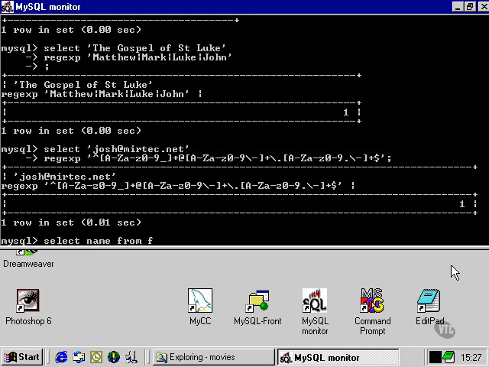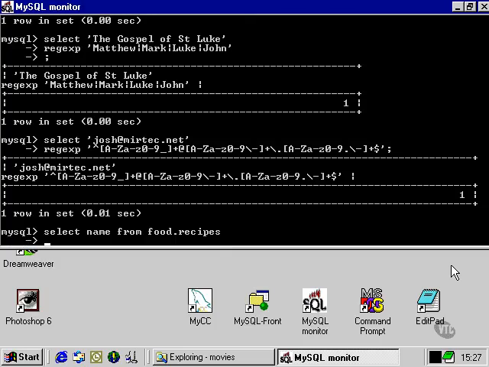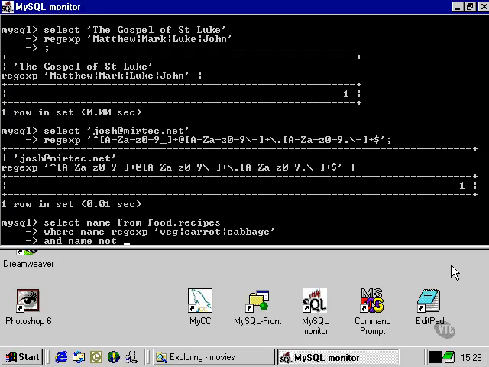Finally, let's take a look at the example that I mentioned in an earlier movie in this chapter, when I was saying that there was a more concise way that we could express the search that we did for recipes within the recipes table in the food database, whose name contains vegetables, carrot, cabbage, and because we hate coconut, we're going to try and avoid the word coconut in the name. So we're going to specify where name regular expression veg, and we'll use this straight up and down, or symbol, carrot, cabbage, and name doesn't match, we'll say not reg exp